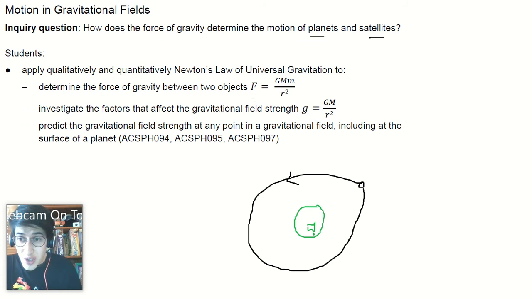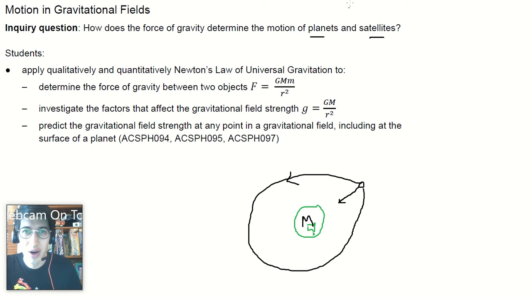The force of it pulling towards the Earth is the force of gravity, is this force here. So if you wanted to calculate this force, you would need capital G, which is a constant in your data sheet, 6.67 times 10 to the negative 11. Big M, which is the mass of the Earth, which is also on your data sheet, the mass of the satellite, and